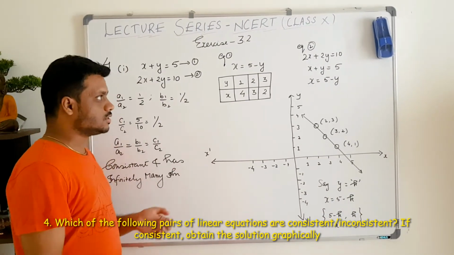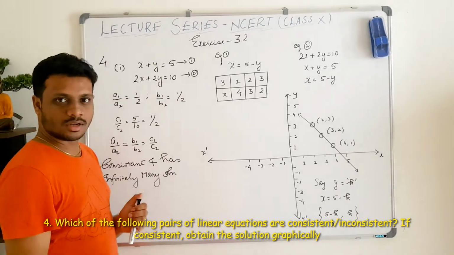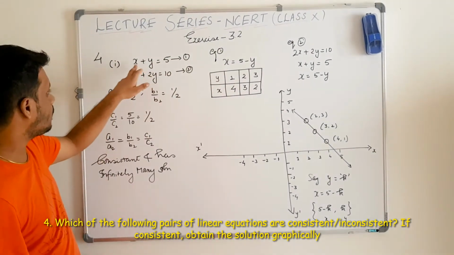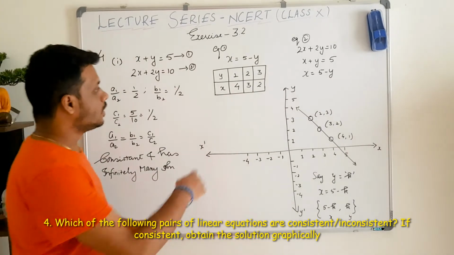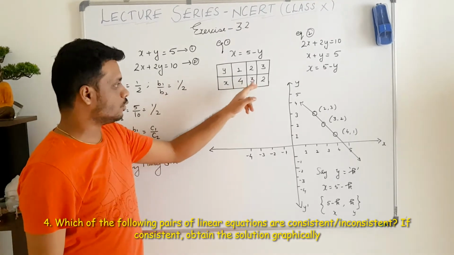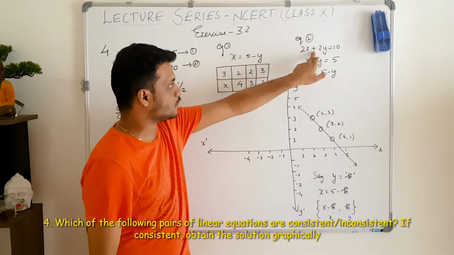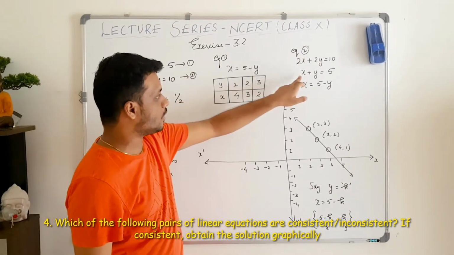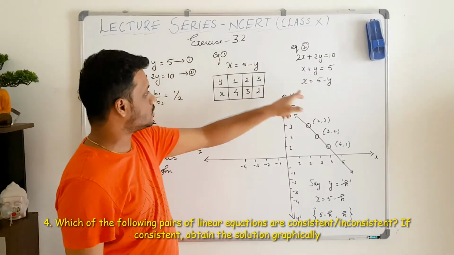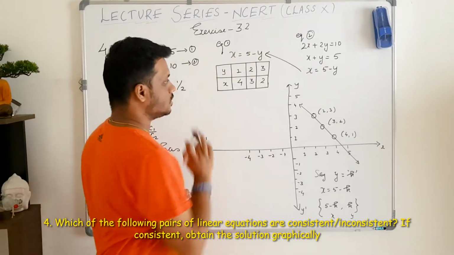So we have already discussed, when you have infinitely many solutions in the graphical method, one equation will reduce to the other equation. So it is enough to frame the table just for one equation. So I have taken the first equation, I have obtained x as 5 minus y, and I substituted y as 1, 2 and 3 and obtained the corresponding values of x, which is 4, 3 and 2. So this is the first equation table. Just to clarify, I have done the second equation also, and when I see the second equation, this can be reduced to this form by dividing it by 2. So I will get the same x is equal to 5 minus y, which will represent the same table again. So these two are same, so it's enough to get one table.